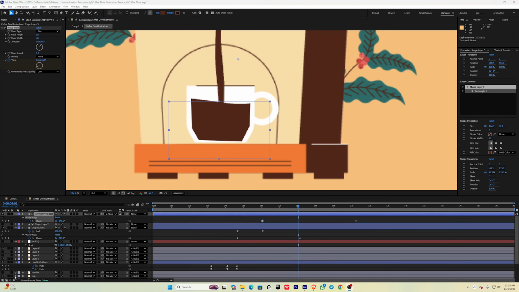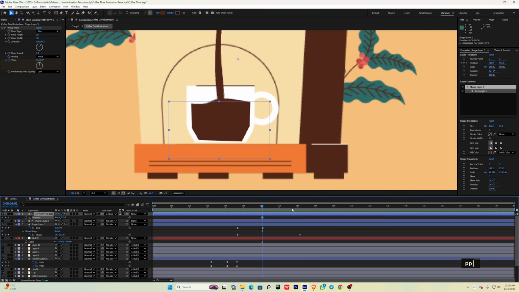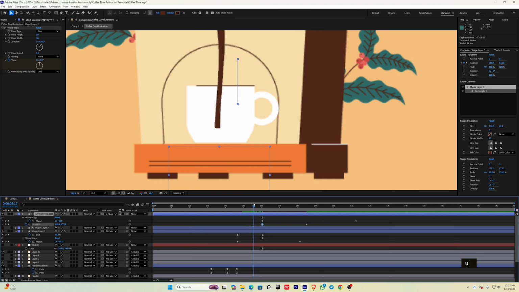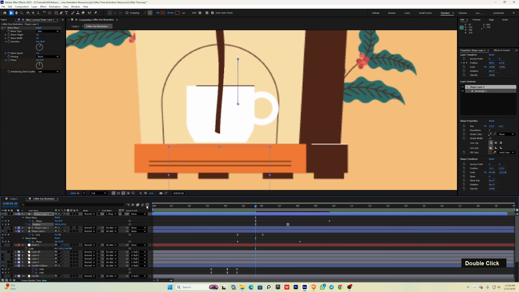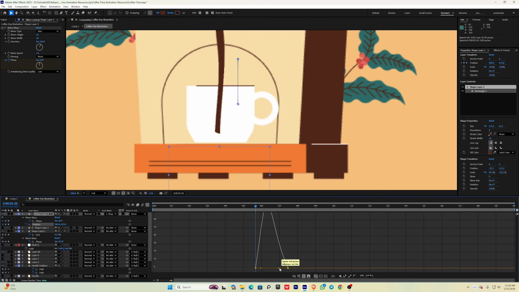Now I'll change its wave weight to 30. Hit P for adjusting position values. Here's our one keyframe and here's our beginner keyframe. When this first drop is reached here, it will gradually rise up. At this point, I will select these keyframes, make them easy ease, go to the graph editor and adjust this